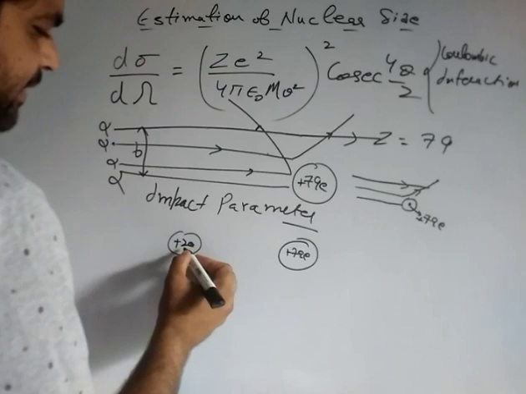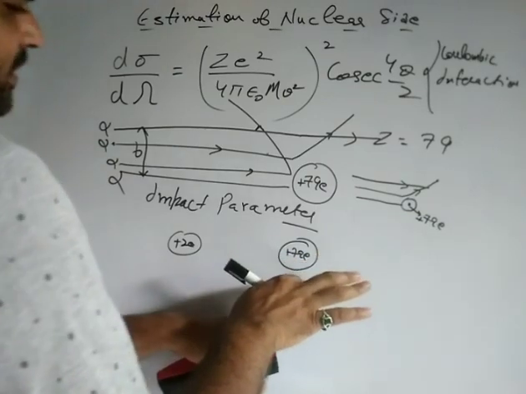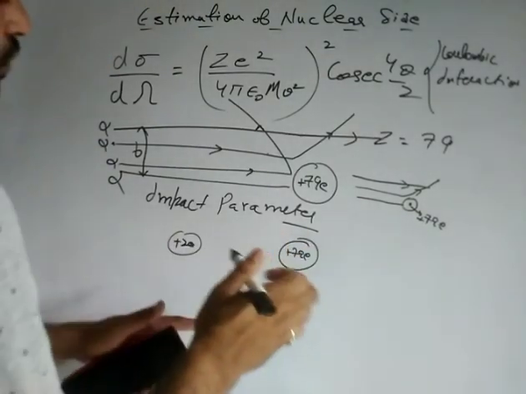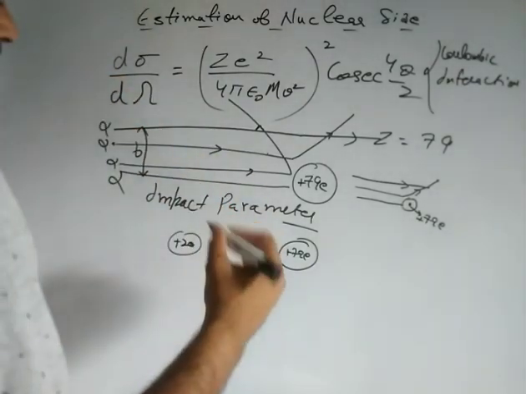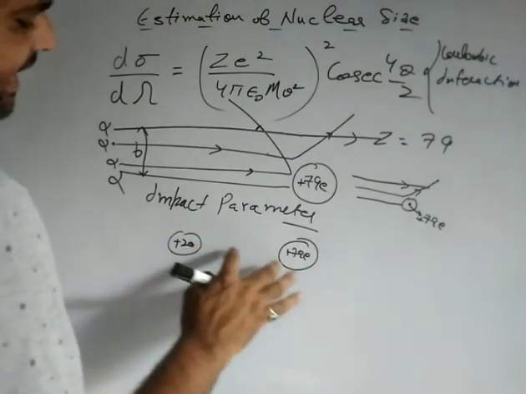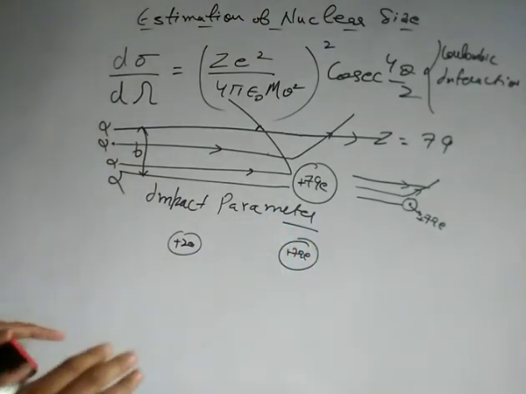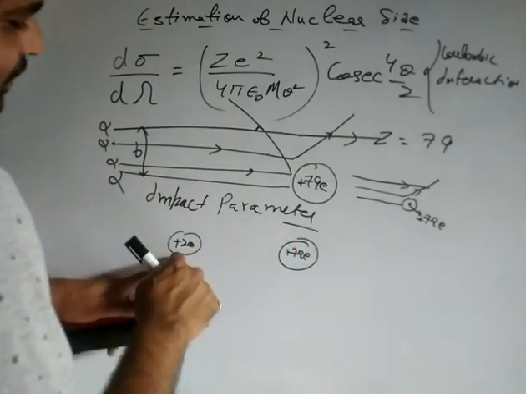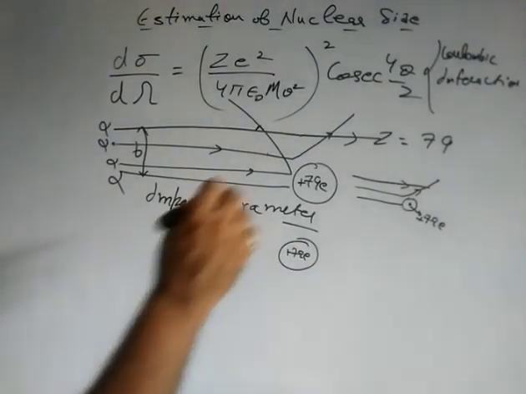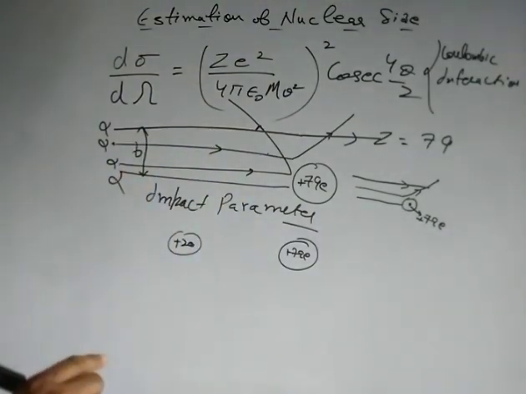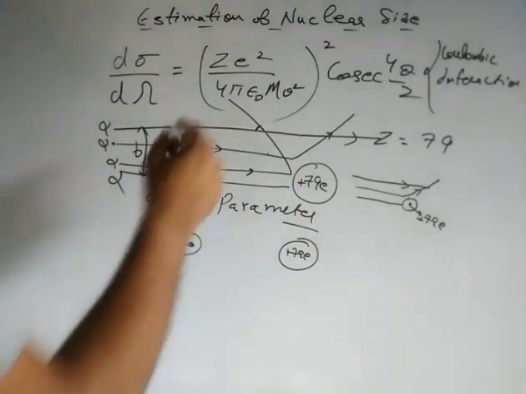Now when an alpha particle is bombarded towards this gold nucleus, the alpha particle does not penetrate inside the nucleus. So there is no nuclear interaction, only Coulombic interaction. It means at any instant, the distance between the alpha particle and this gold nucleus is always larger than the sum of their radii. So the neutrons and protons of this helium nucleus will not interact with the neutrons and protons of this gold nucleus. That's why Coulombic interaction is what Rutherford takes into his scattering formula.